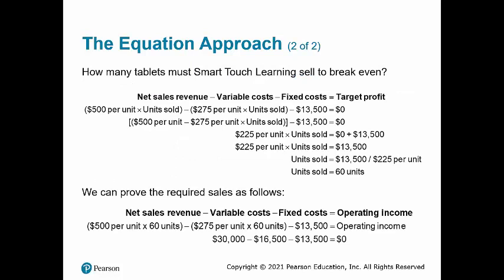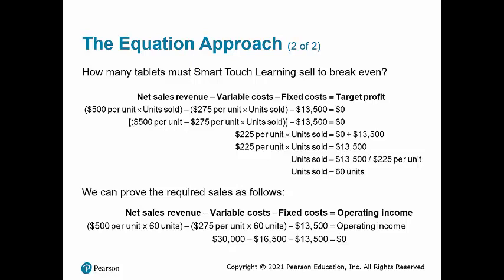How many tablets must Smart Touch Learning sell to break even? If the tablets cost $500 per unit and the variable costs are $275 per unit, then the contribution margin per unit is equal to the difference between those two, which is $225 per unit. We know that the contribution margin minus fixed cost would be equal to the profit. So the fixed cost for this example is